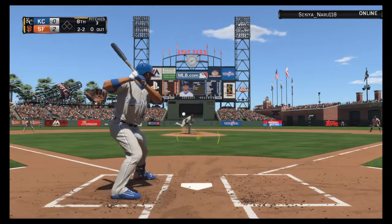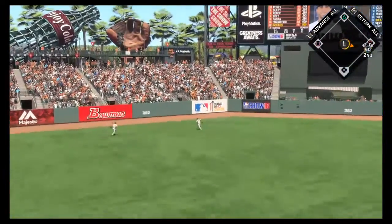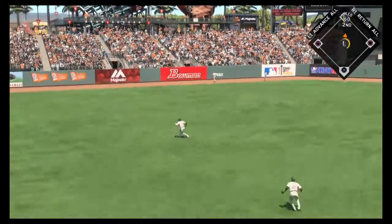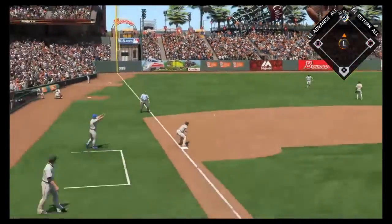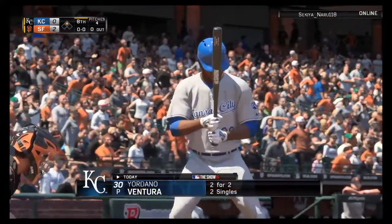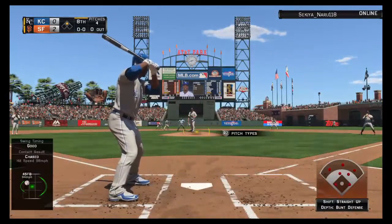Lifted in the air out towards left center. And this is into the alley and ought to be good for extra bases. And he will make it there to start the 8th. It's a leadoff double. The pitcher, Yordano Ventura, steps up to the plate in a sacrifice situation, so let's see